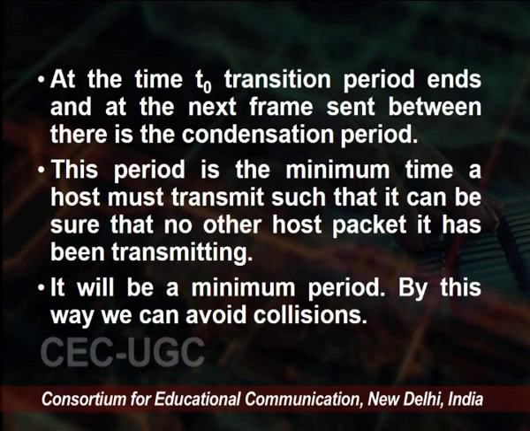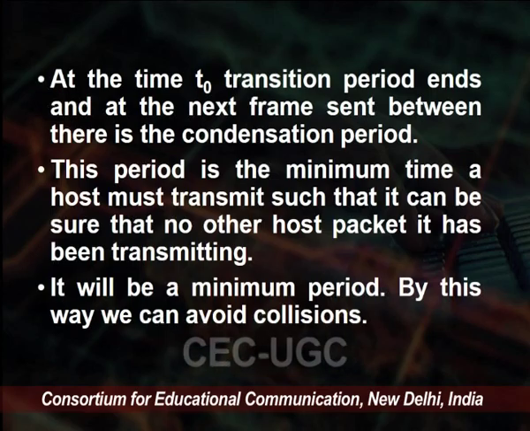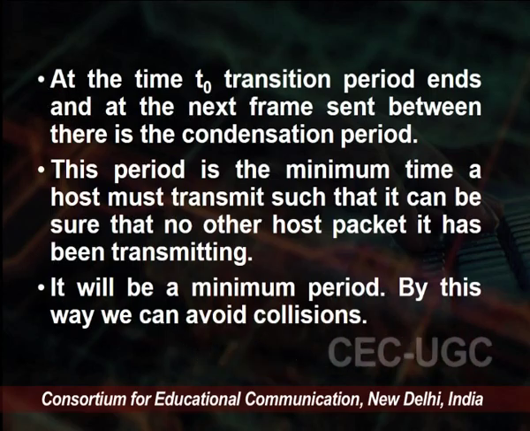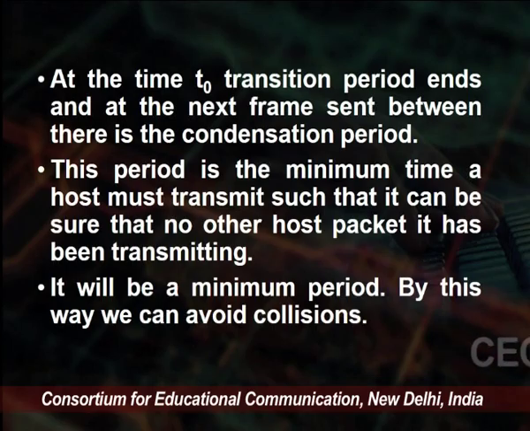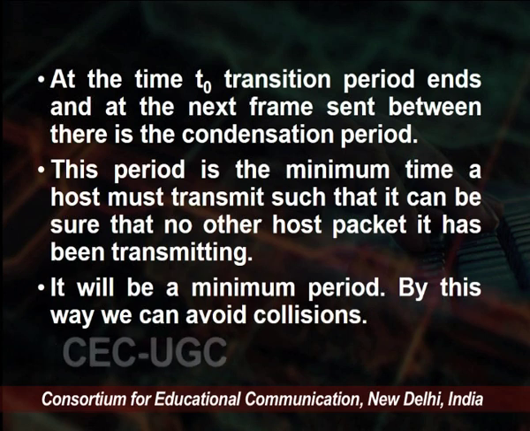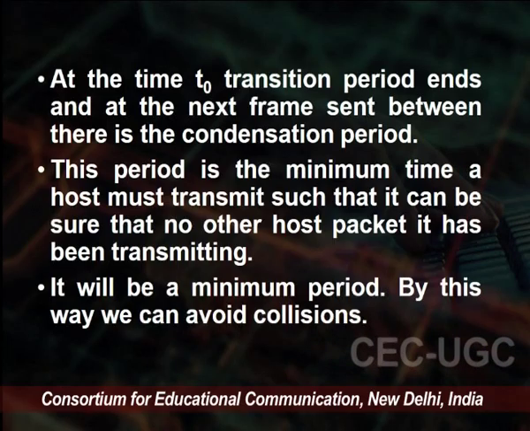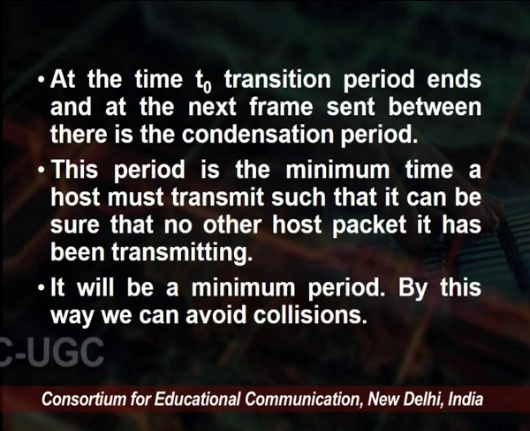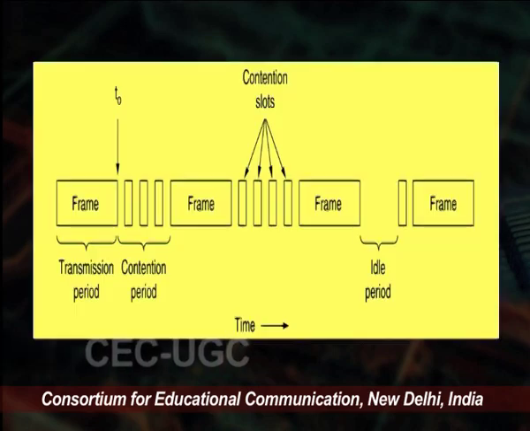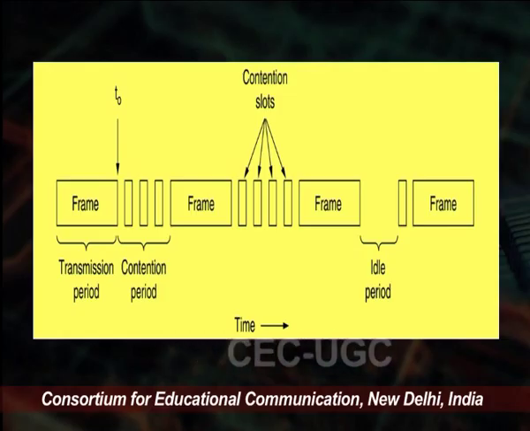This period is the minimum time a host must transmit such that it can be sure that no other host is transmitting. With the help of this minimum period, we try to avoid the collision, and even if a collision happens, we are going to detect it anyway, and then that frame transmission is going to be